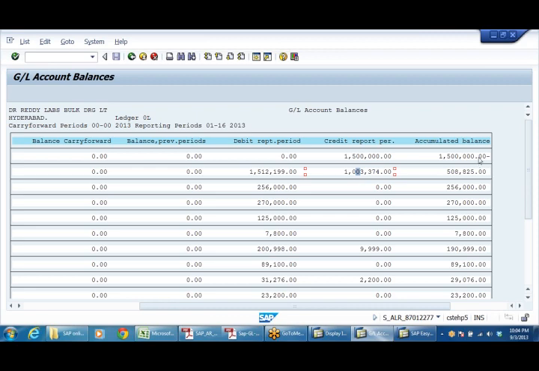Why is the period given up to 16? Yeah, it takes all the periods, 12 plus 4 is 16. Whenever we take a trial balance, we take only 12 months, right? You can take that. See, the reason 16 is given is that even in the special periods, he'll be posting accounting entries. But the value date of the entries will be in this period, no?